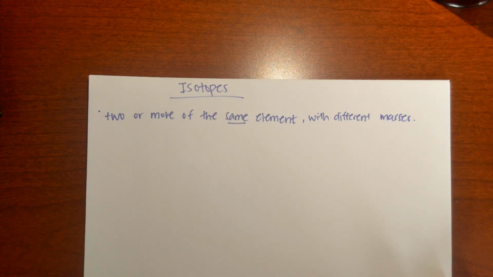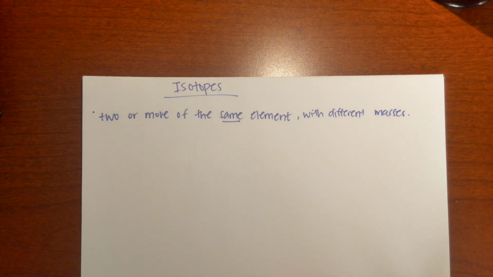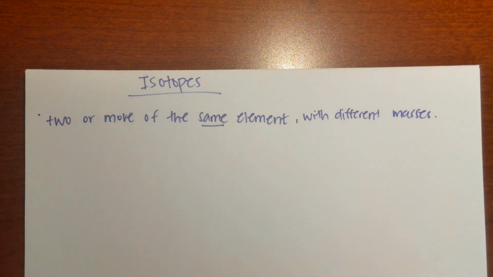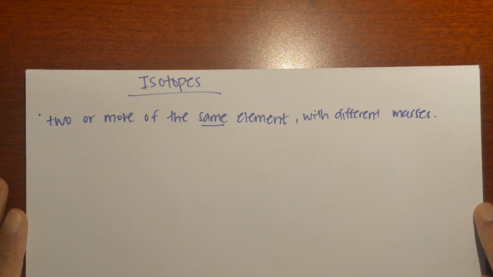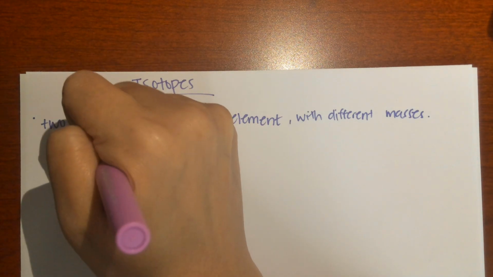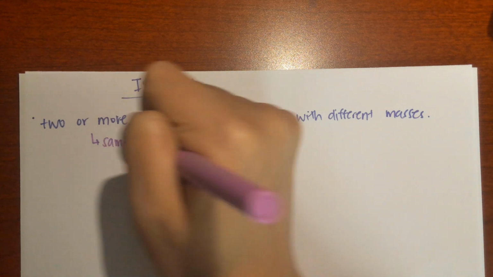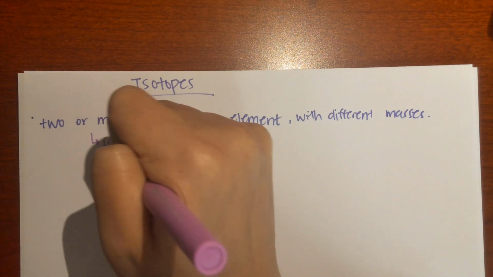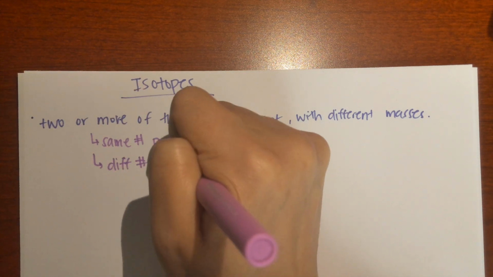It's been a while. New school year, so today I'll be going over isotopes, and as you can see here with the definition, isotopes are basically elements of the periodic table, so there's two or more of the same element with different masses. So we're going to have like 2 different hydrogens or 3 different nitrogens depending on the masses that they have. So essentially these elements can have the same number of protons but different number of neutrons, because again